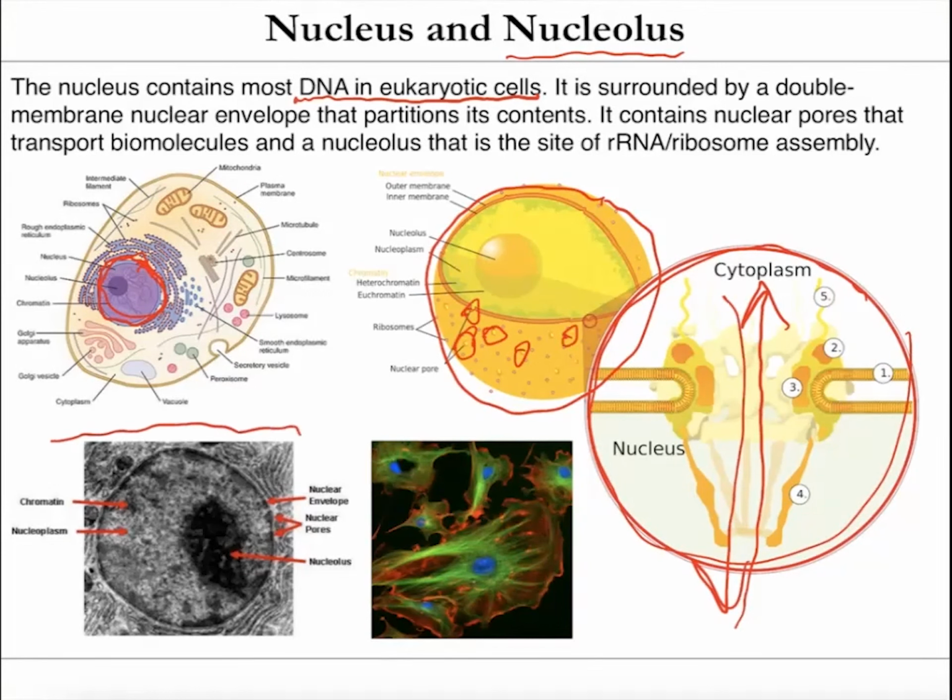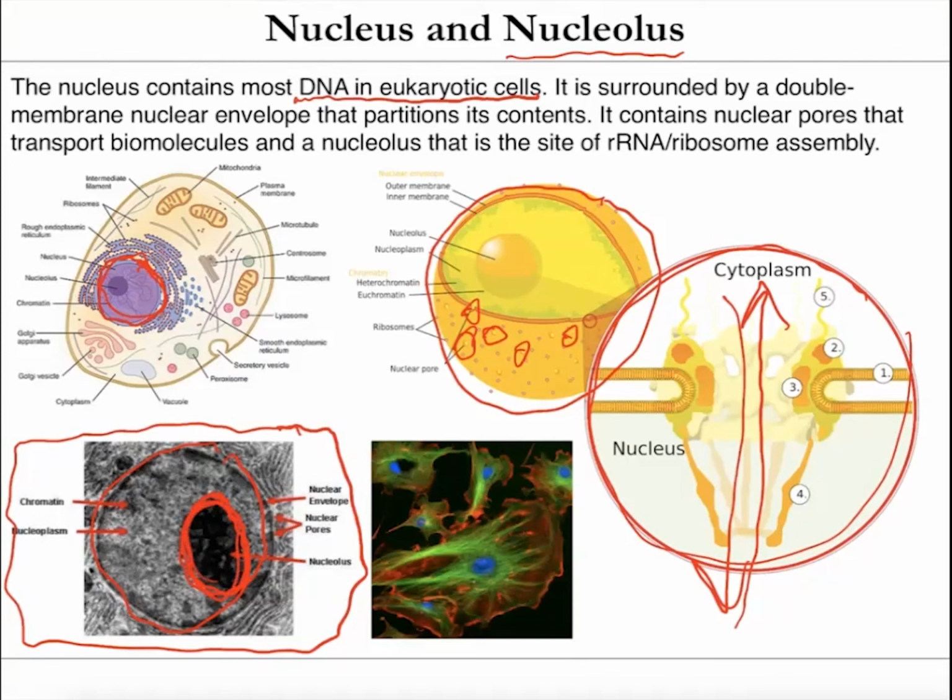If you look at microscope images like this electron microscope image here, this is the nucleus all around here. And then there's often this very unique region that's stained very darkly, and that's called the nucleolus. And that's the site of rRNA or ribosome assembly. Ribosomes are made up of partially RNA and partially protein, which I've mentioned a bit before, which is quite interesting. And this rRNA and these ribosomes are actually synthesized and assembled in this specific region right here called the nucleolus.